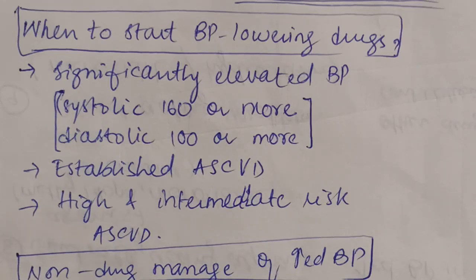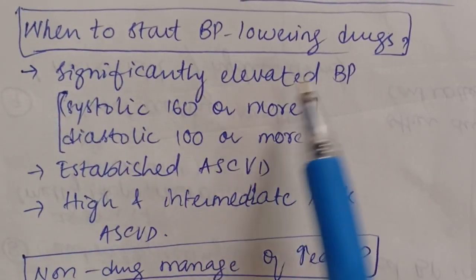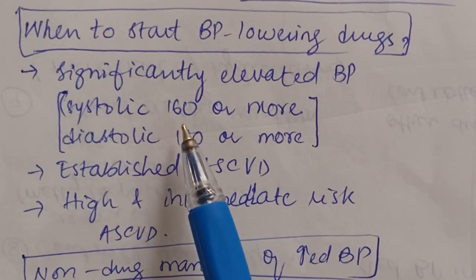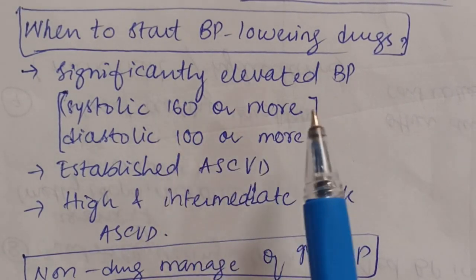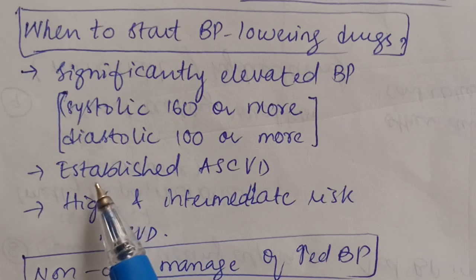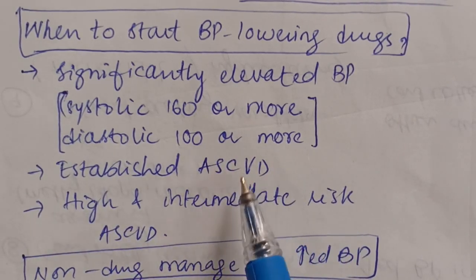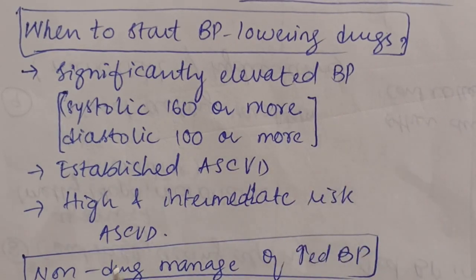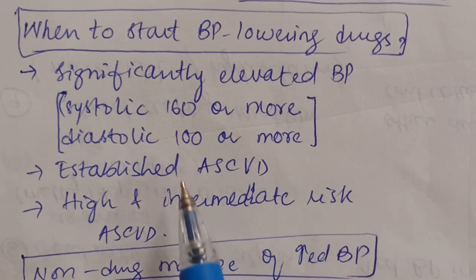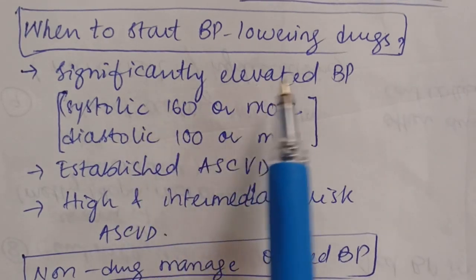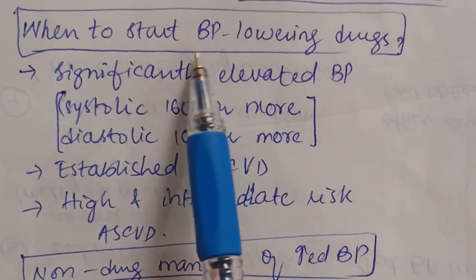So, when are we going to start the BP lowering drugs? If the patient has significantly elevated BP, that is systolic BP of 160 or more, or diastolic BP of 100 or more, and there is established ASCVD, atherosclerotic cardiovascular disease, or high or intermediate atherosclerotic cardiovascular disease risk. If these risks are present and the elevated pressure is significantly high, these are the indications for BP lowering